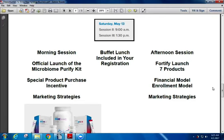Putting in your hands marketing strategies that are going to do two things for you. Grow your customer base, which creates your cash flow, because that volume that's above 150 if you're here in the United States, or 100 CV if you're up in Canada, you get 25% return elite rebate. So that grows as you grow your customer base, you grow your cash flow through elite rebates, as well as you'll have a model that will help other people see an easy fit for them to do the business